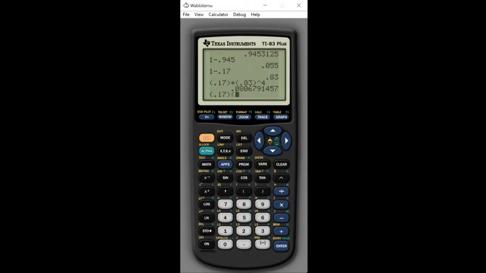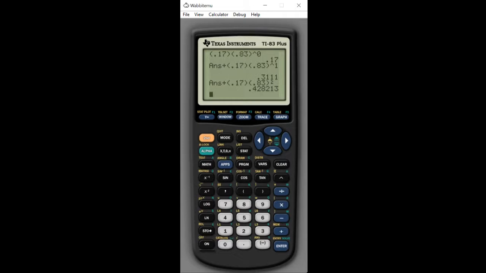0.17 times 0.83 to the power 0, equals 0.17 plus, I'm going to do this again, 0.17 times 0.83 to the power of 1, that, plus 0.17 times 0.83 to the power of 2 squared, and I'm coming up with